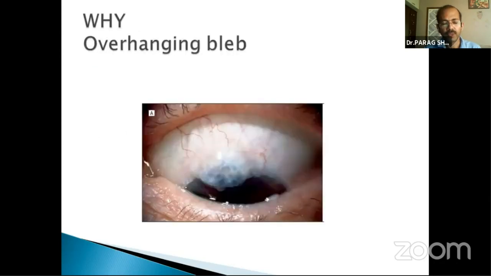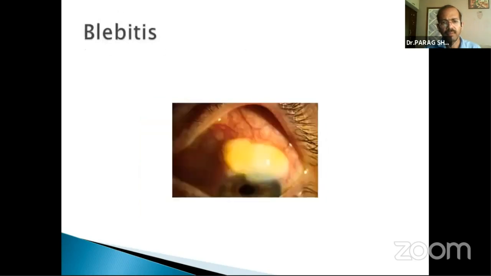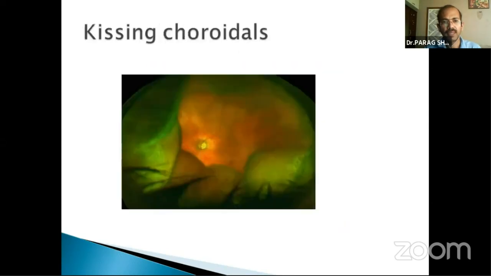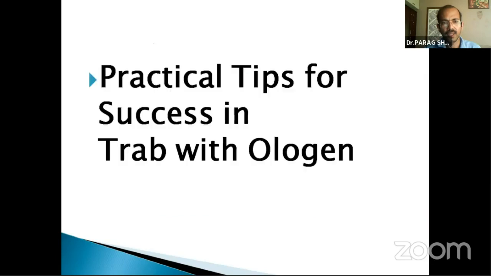So why should we not use mitomycin? Because it has many complications like overhanging bleb, blebitis, cystic bleb, and many bleb-related complications. And the most serious complication is endophthalmitis or kissing choroidals. So practical tips for success in the trab with OLOGEN are: